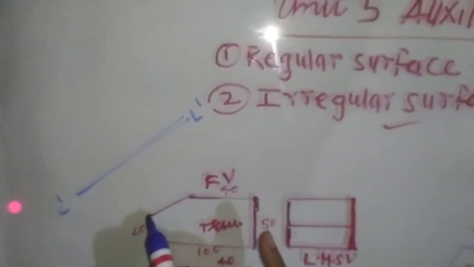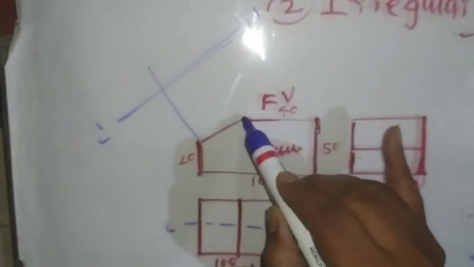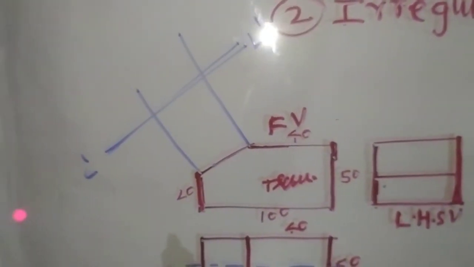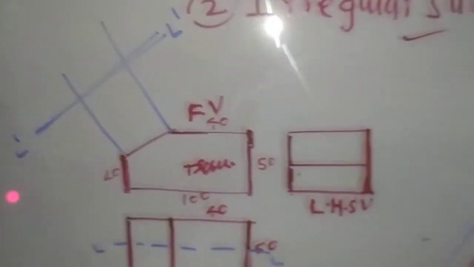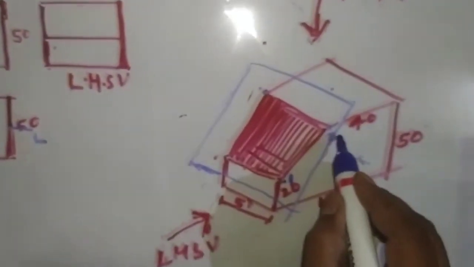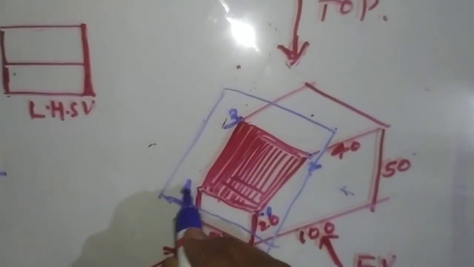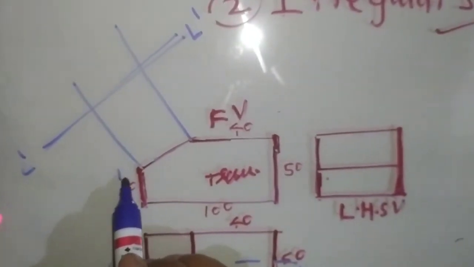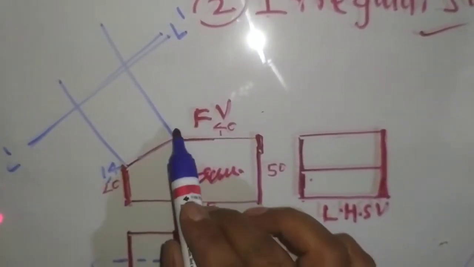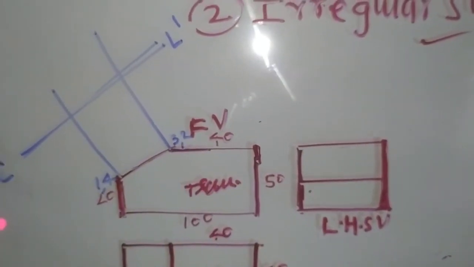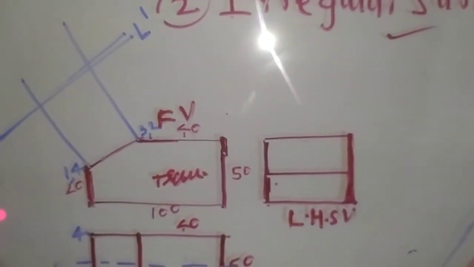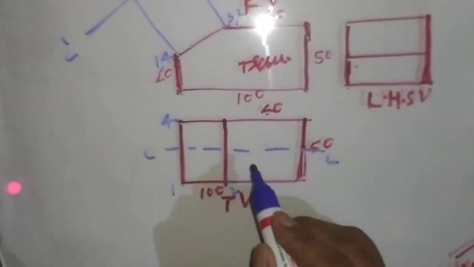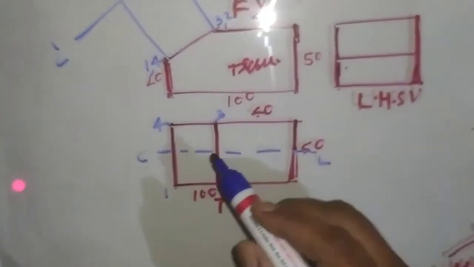Now I will draw the eye side vision. This is perpendicular to this surface. Now I will take this distance in the compass. If you name it here 1, 2, 3 and 4. Now this will be surface 1 and 4, this will be surface 3 and 2 and 3. This is 1, 4, 2, 3.